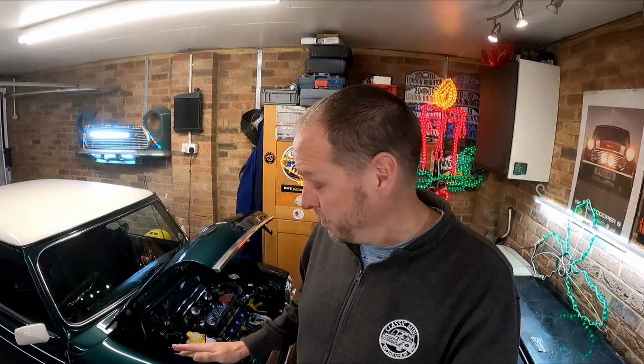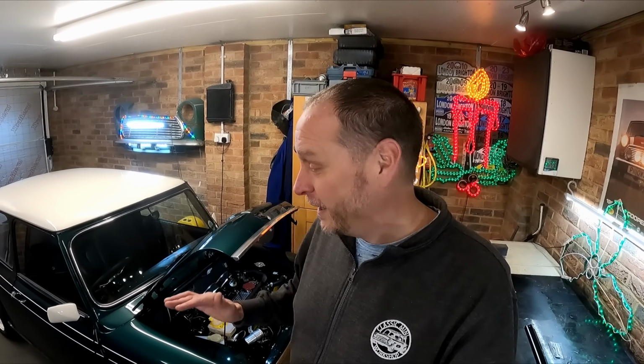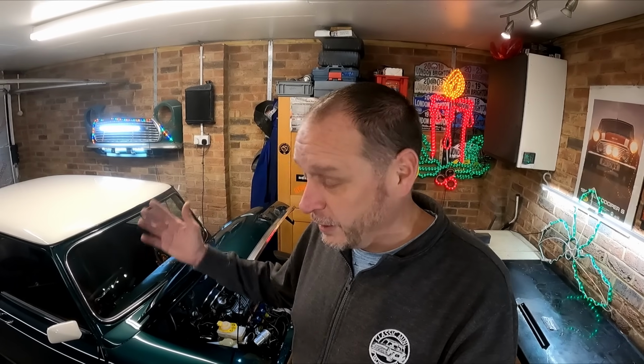In a previous episode, we got it all running, set it up the best I can in the garage here. I think the mixture's there or thereabouts, and we've run it up as well. So as far as the engine running, gearbox and that sort of thing, I don't think there's any problems. Obviously, big restoration like this, you do want to give it a bit of a shakedown. I keep a list as I go along of bits I might forget about, need to tighten up, make sure I adjust before I take it on the road. So I've sorted out all of them. It's things like, you know, checking all the wheel bearings are tight, all the wheel nuts, top and bottom swivels,